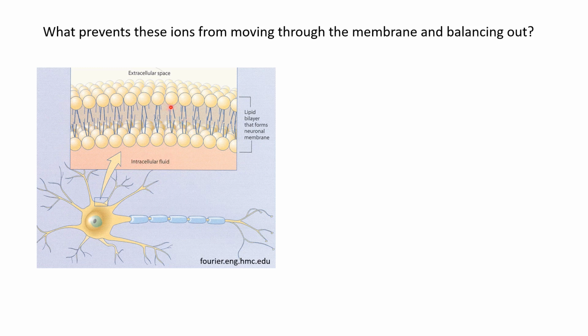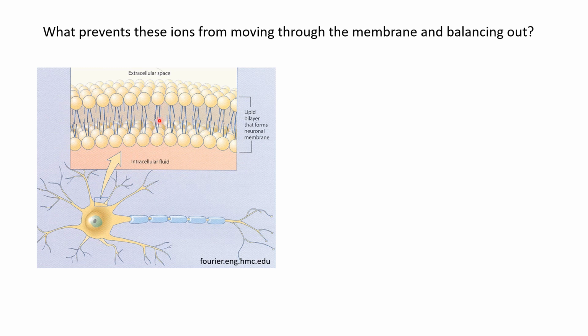The membrane is actually made up of a large number of lipid molecules. Each lipid molecule has a polar head, as shown by a sphere here, and has hydrophobic tails, which are shown by lines here. So these hydrophobic tails, these are long hydrophobic molecules that are repelled by water or by other charged particles or polar molecules. So they tend to be towards the inside within the membrane. And the polar molecules are happy interacting with water or charged molecules, so they are facing the extracellular space or they are facing the intracellular space.